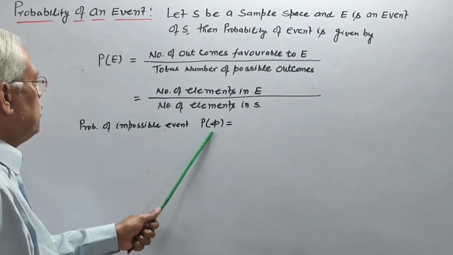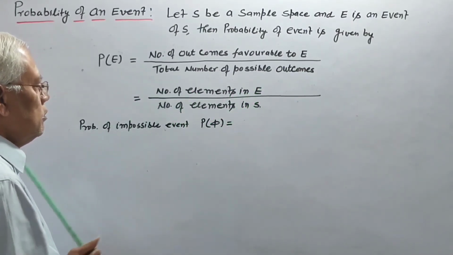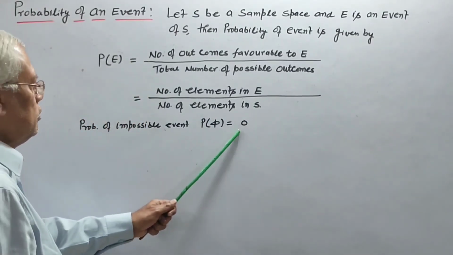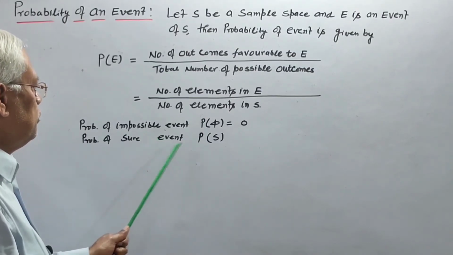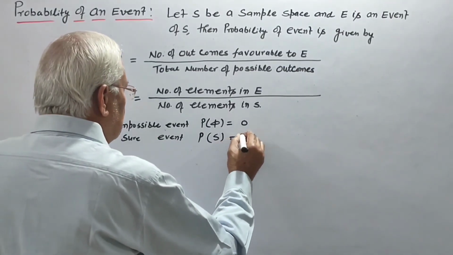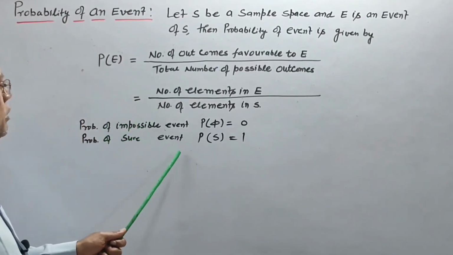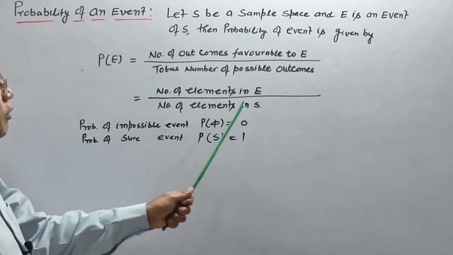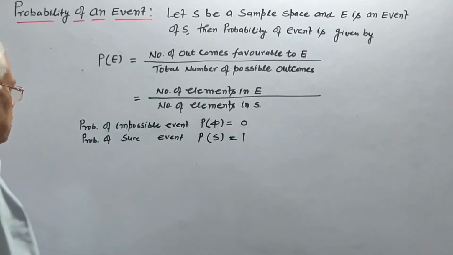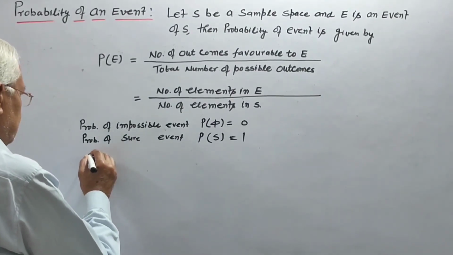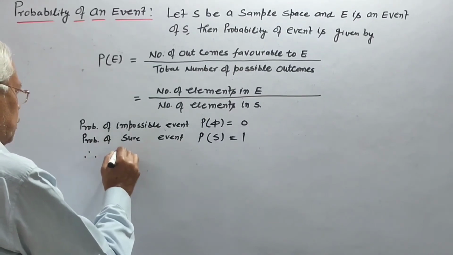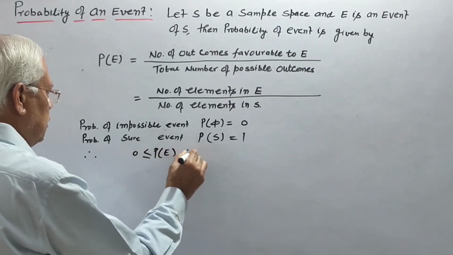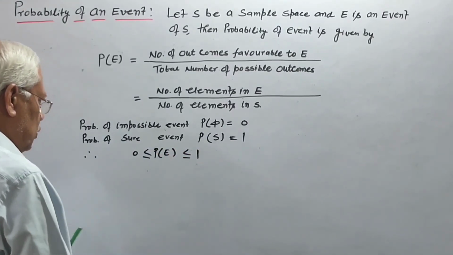Probability of impossible event, P(phi): number of elements in phi is 0. So probability of impossible event is 0. Probability of sure event, P(S), this is equal to 1 because P(S) means the event S itself. So number of elements in S divided by number of elements in S. So this is equal to 1. So therefore probability of an event always lies between 0 and 1. This is a very important result we have to